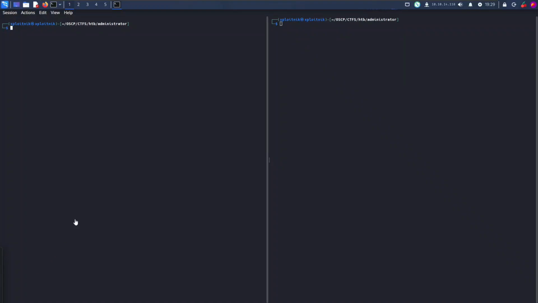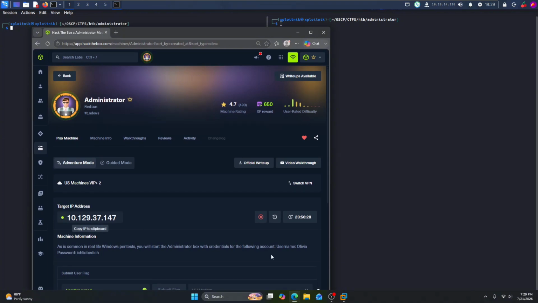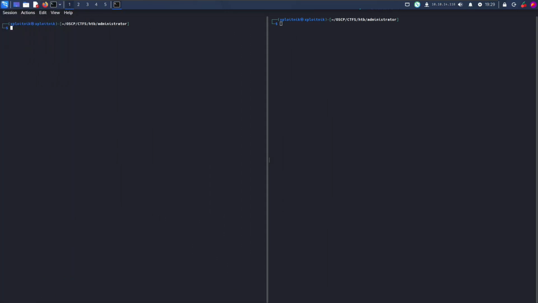All right, gonna be doing Try Hack Me. I don't know if you can see it. It's gonna be Administrator, and it does give you already the low-level username, Olivia, and Olivia's password. This one. So this is the box that I'm gonna be utilizing to showcase